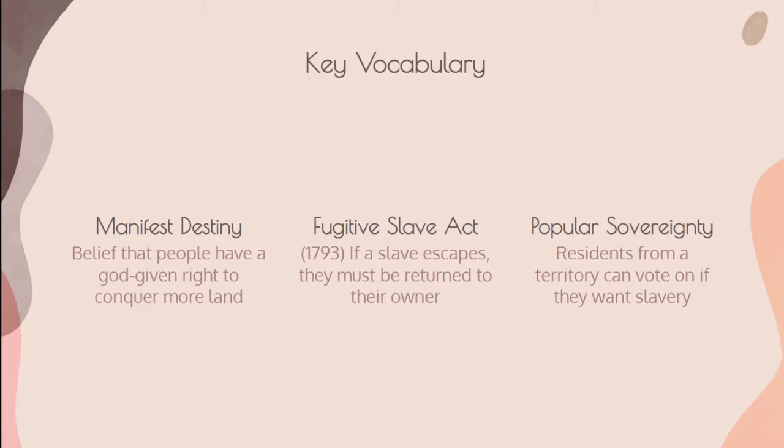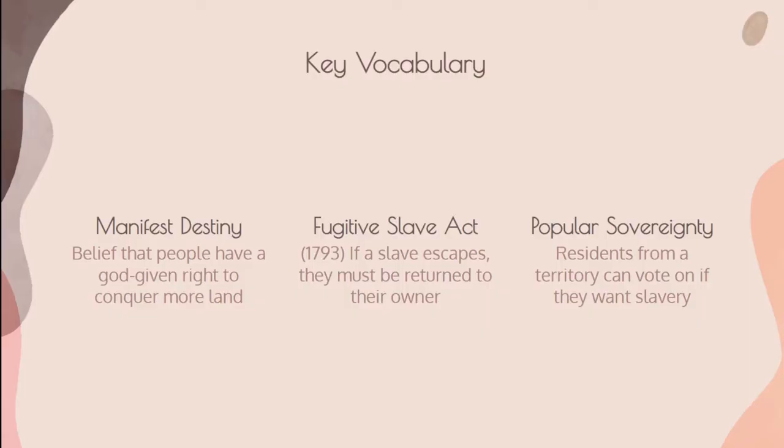War. Then we have the Fugitive Slave Act, which the North really did not like. It was made in 1793, and it said if a slave escapes, he must be returned over. This caused a lot of tension, a lot of drama, because essentially it meant that slavery could technically exist while in northern states. But we'll get into that way, way later.